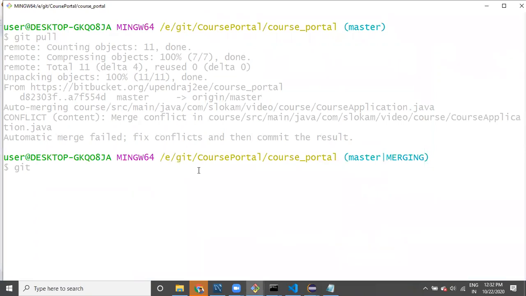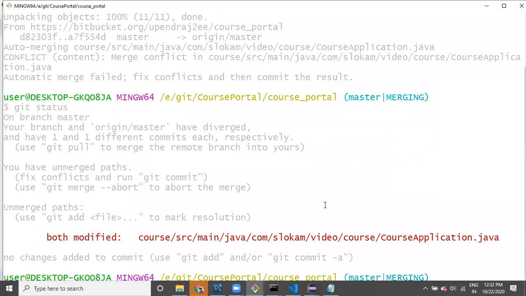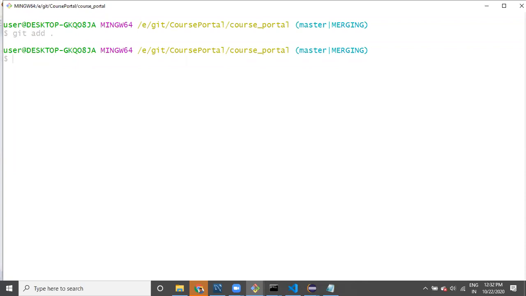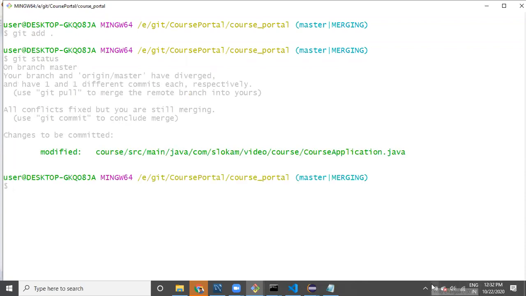Again say git status. Let us look at it. You have modified it, right? Clear and make it small. Git status, right? Git add, get the new file. Git status. Yeah, the file has been provided.